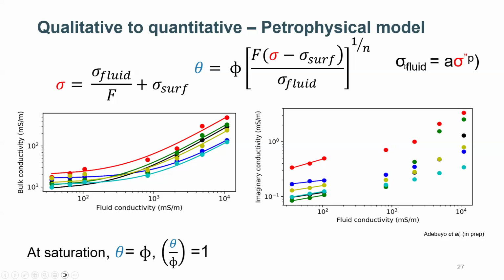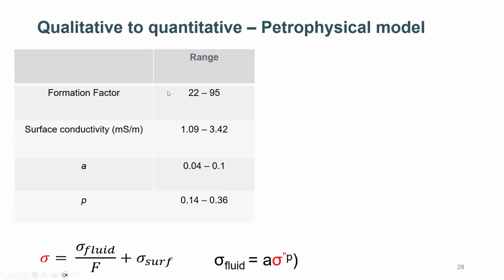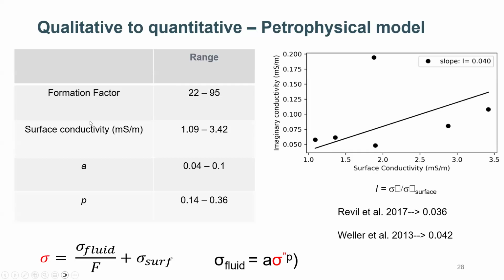Then we could also do the same. If we know the imaginary conductivity, we can estimate the conductivity of the fluid. We took samples to the lab and did the laboratory experiment to estimate this quantity. At the end of the day, we came up with these factors that help us to be able to use this petrophysical relationship. Now, once we have these measurements done,